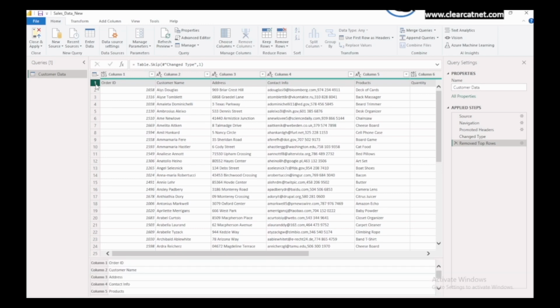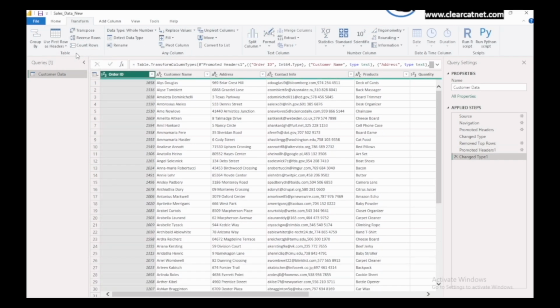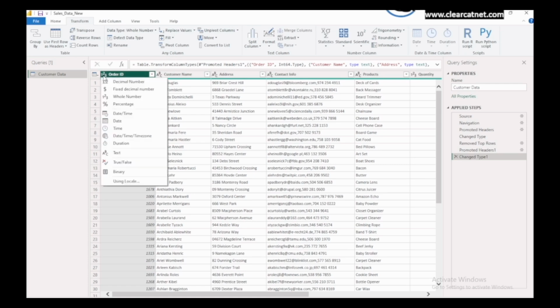First, we need to make this row a header. For that, in the transformation section you will get the option, use first row as header. We have selected use first row as header, and see, we are getting everything on the right track. Order id, customer name, address, everything is there as we require for our visualization, for reporting, our dashboard or report. Now this time it is showing A123, it is a whole number,